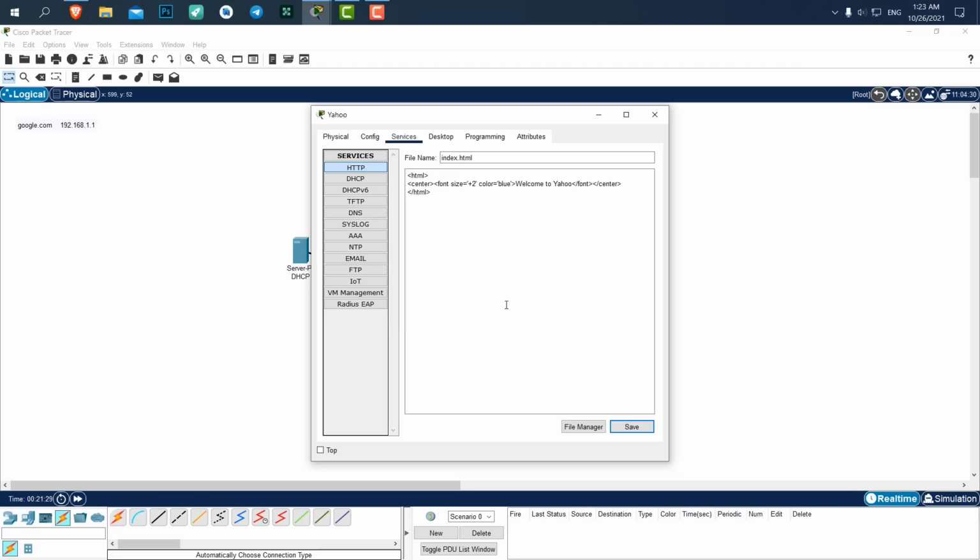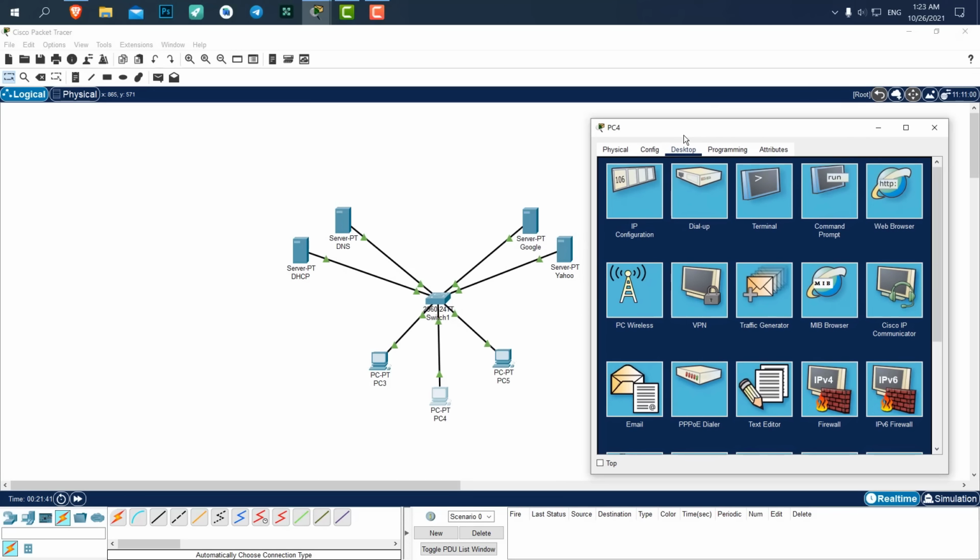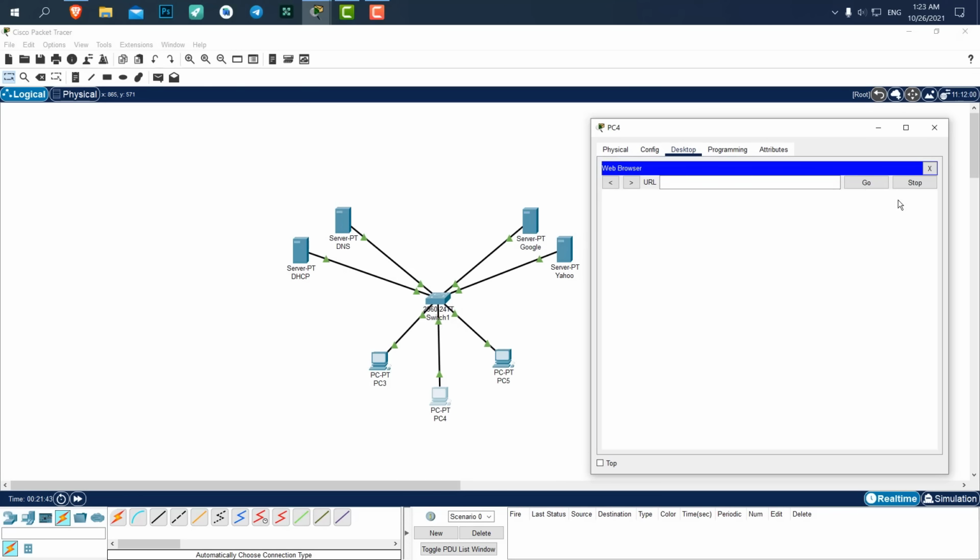Okay, save it and overwrite it. Now let's test the simulation that we have created. Let's delete this text as well, and go to the computer. We have a web browser here. Let's open it up and type